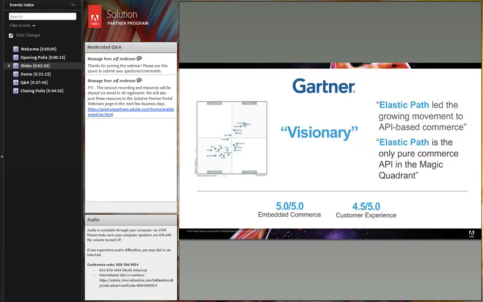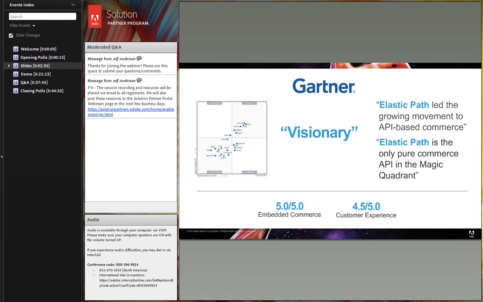We think this is an approach that's working for us. The folks at Gartner, in the recent Magic Quadrant, recognized us as visionary. We've been leading that API-based movement, you'll hear it referred to as headless commerce or API-based commerce, for the last number of years, and we think again it's working. From an embedded commerce and a customer experience standpoint, the folks at Gartner scored us top in both those categories,